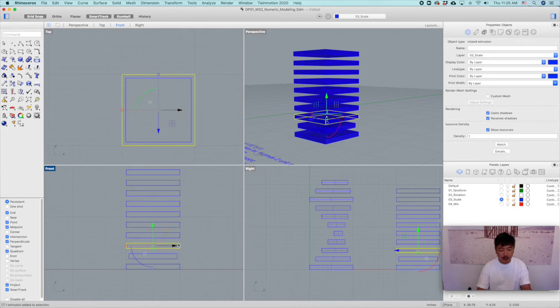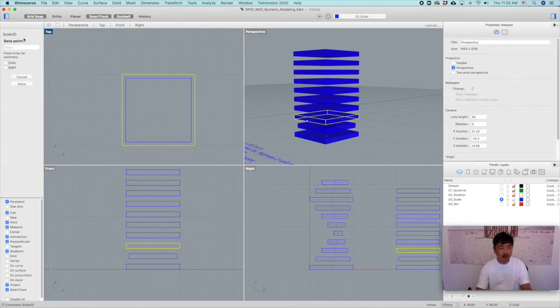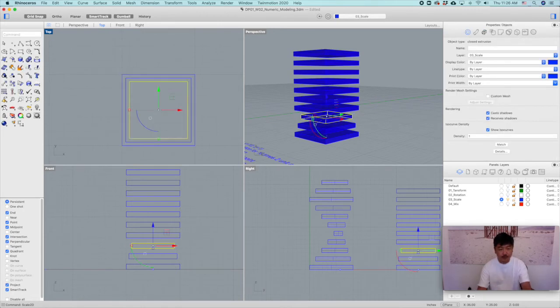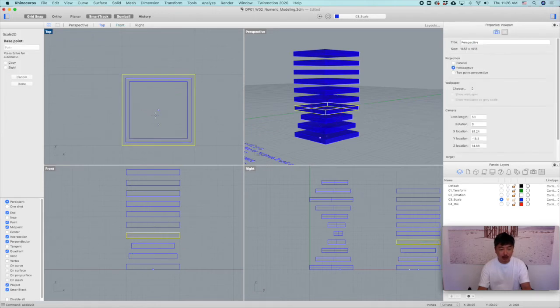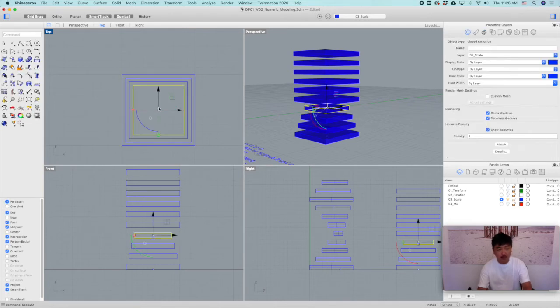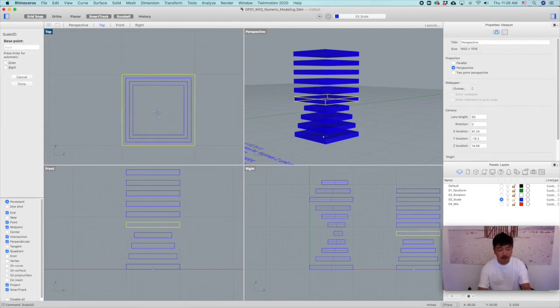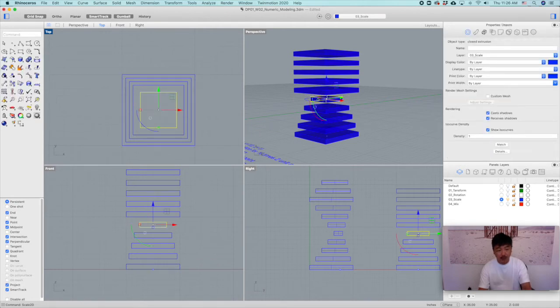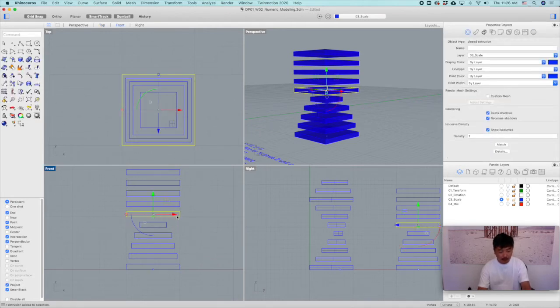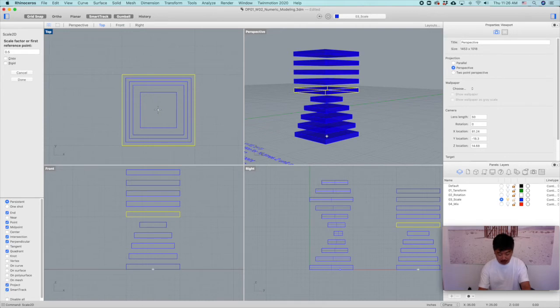And next one, select it from front view, scale 2D by typing space key, and then center point 0.8. So we will keep repeating this process until it goes down to maybe 50%, and then maybe it's going to go up. So I'm just going to type 60%